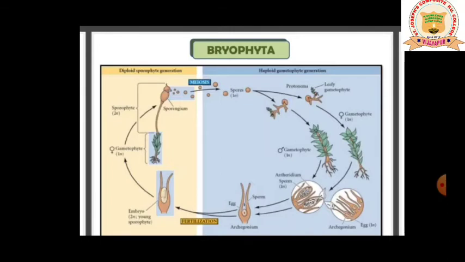The sex organs in bryophytes are multicellular. The male sex organ is called antheridium. The male sex organ which is present in the bryophyte is called antheridium. They produce biflagellate antherozoids. This is very important. See, compared to the algae, bryophytes are a little bit advanced. There you did not come to know which is the male and female reproductive structure. You did not come across the word gametophyte.